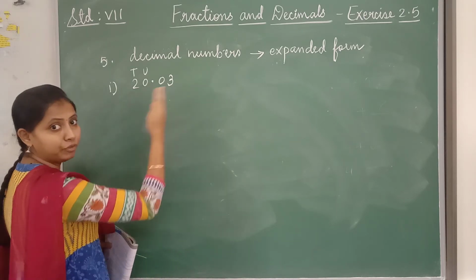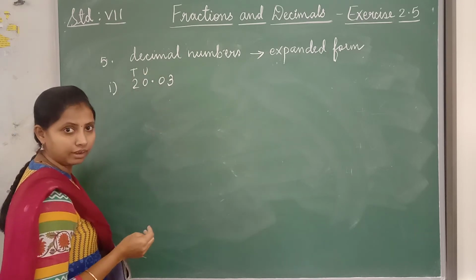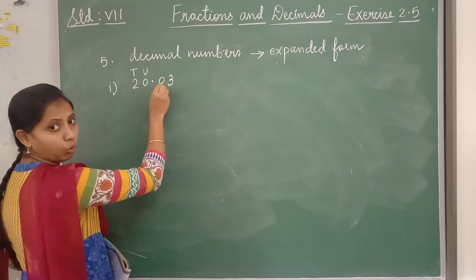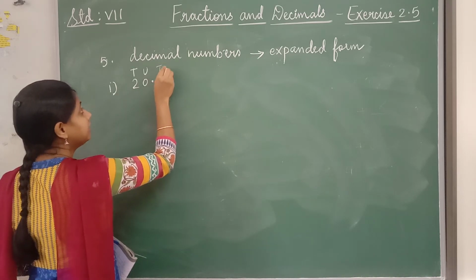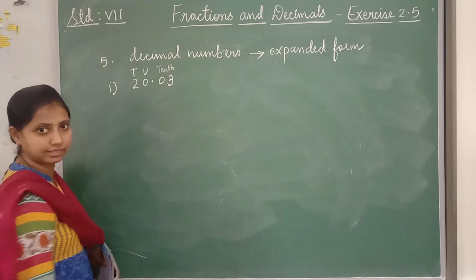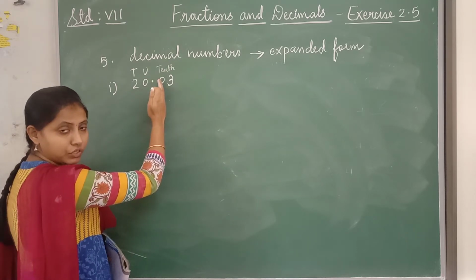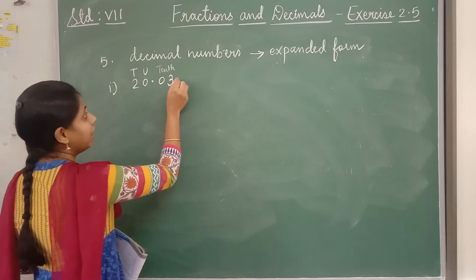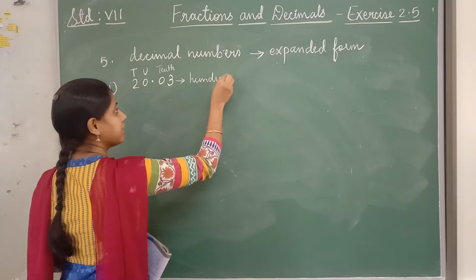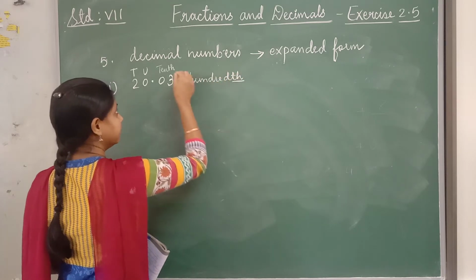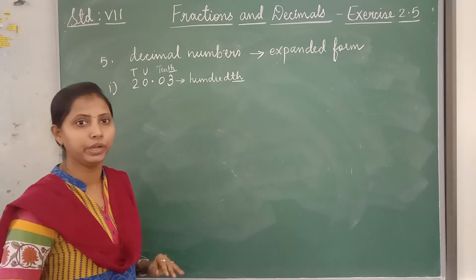Similarly now children, after the decimal point you have to go towards the right side. So first is 0. Now 0 is in which place here? 0 is in tenths place. After the decimal point, the first place of the digit will be tenths. Then after this, the next digit will be hundredths. You have to add TH. Tenths, hundredths, thousandths. Like this, it will go on, children.